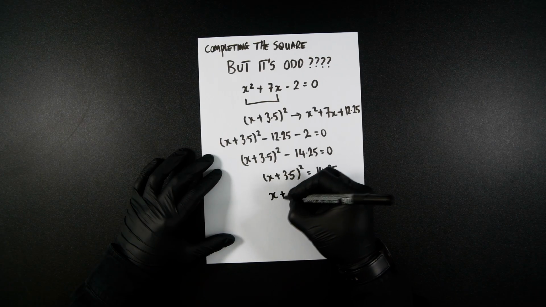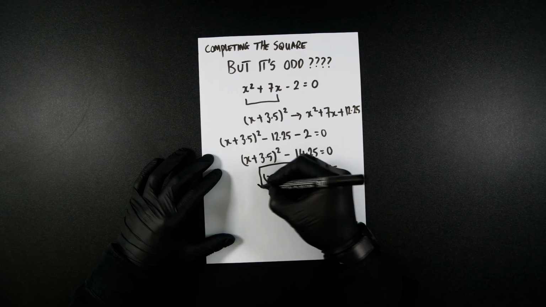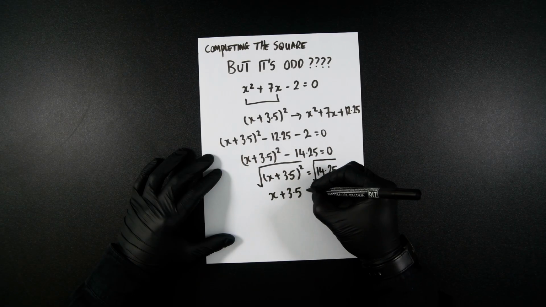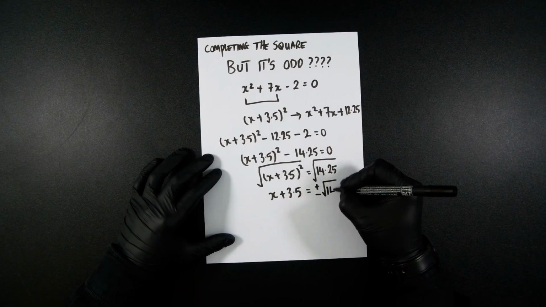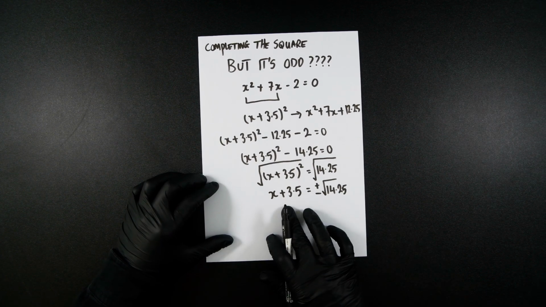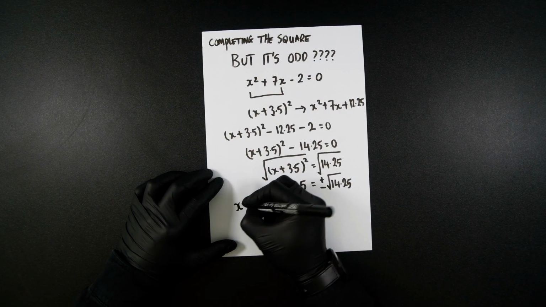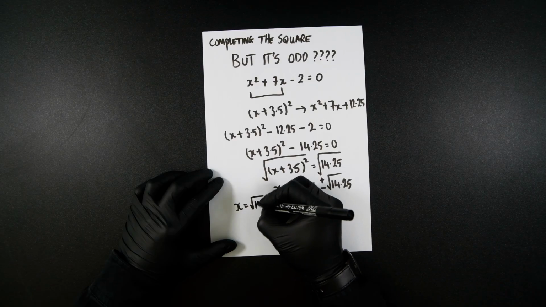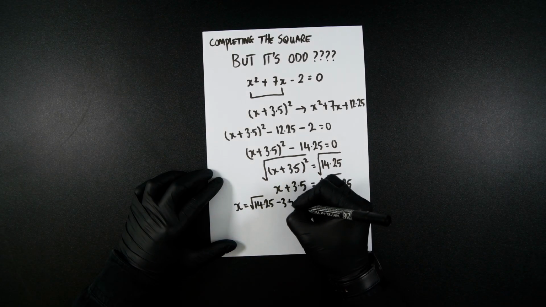so you're going to get x plus 3.5, let me put a squared here and a squared here, which is going to be plus or minus root 14.25, because you will have two solutions for x. And now we can subtract 3.5 from both sides. So you're going to get x equals root 14.25 minus 3.5